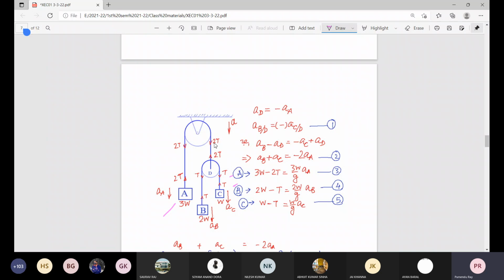For block B, twice W minus T is the net unbalanced force downward. So that is mass, twice W by g, multiplied by the corresponding acceleration AB. And similarly for block C also, net unbalanced force W minus T, that is mass W by g multiplied by the acceleration AC. And from simple kinematic relation, one is this, other is for this part,